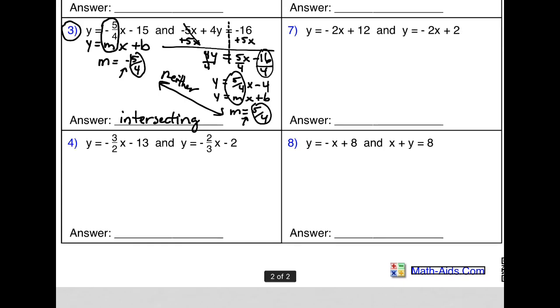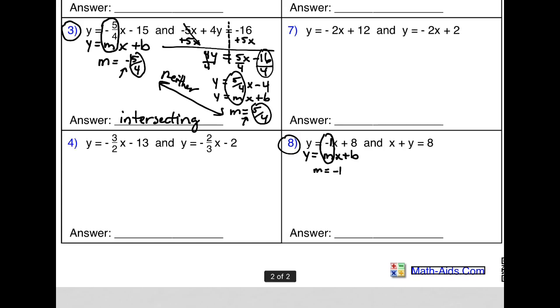And the last one I want to look at is number 8, just to do one here, one there. So number 8, we look like we have the first one already in slope-intercept form for us. Remember, if there's no number directly in front of x, you can put a 1 there because multiplying by 1 won't change x. So let me actually circle that all together. Our m is equal to -1